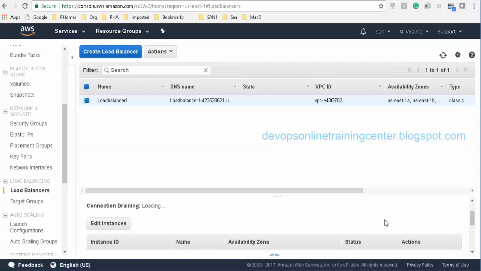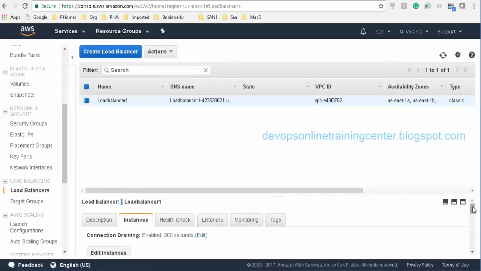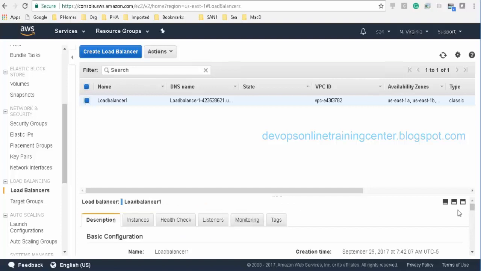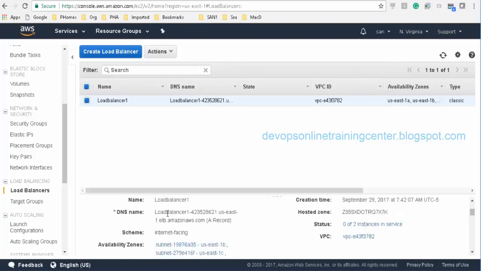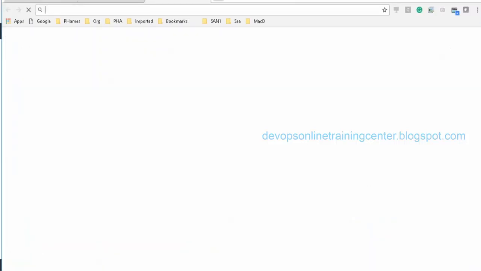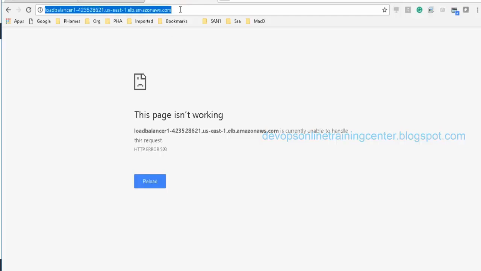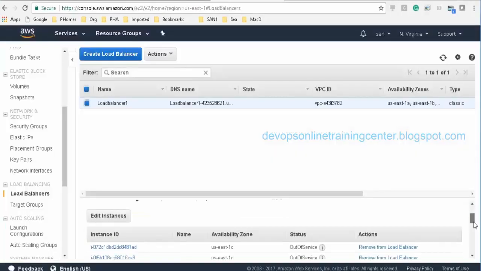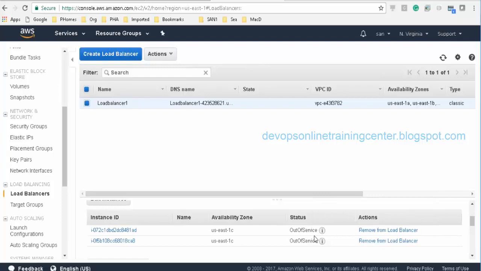Okay, so I'll just save this, and then let me get the DNS of the load balancer and see if it is responding. So these instances are out of service currently. This status has to change to in service so that the traffic will be redirected between the instances.